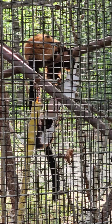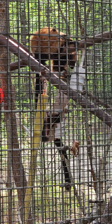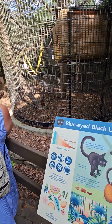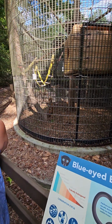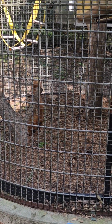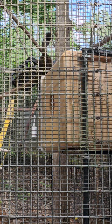If you hear something being loud at the Lemur Center, it's either these guys or their cousins up in the midway. It's hard to study them in the wild; they're hard to find. But we have 6 green